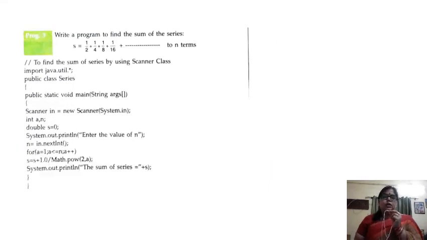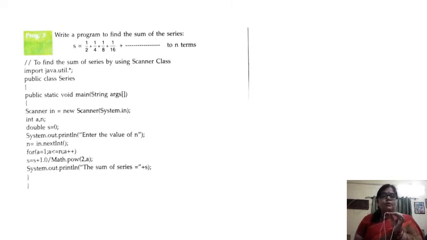Now here is a program, students, pay attention, because this program is directly asked in the board exam as it is: write a program to find the sum of the series. The series program comes directly in your board exam. It means the 15-mark program comes in two parts, in which a series and a pattern are there. Either you are going to get one pattern and one series, or two series or two patterns. Okay, now we are going to start with our series program.